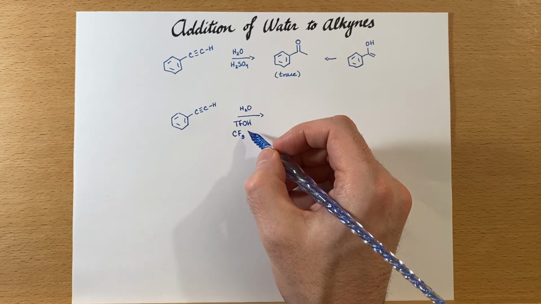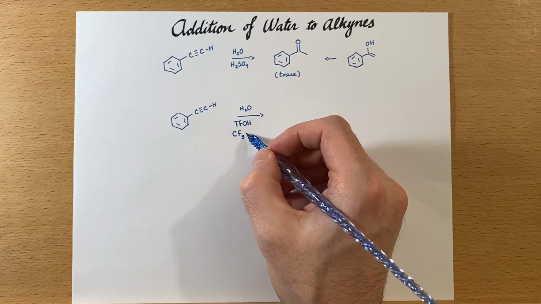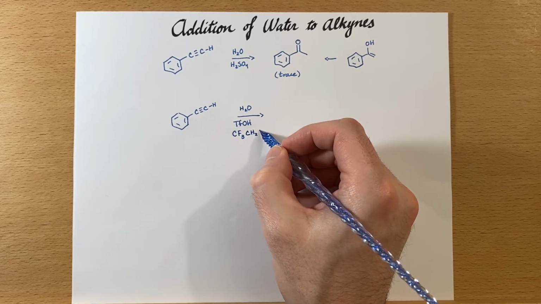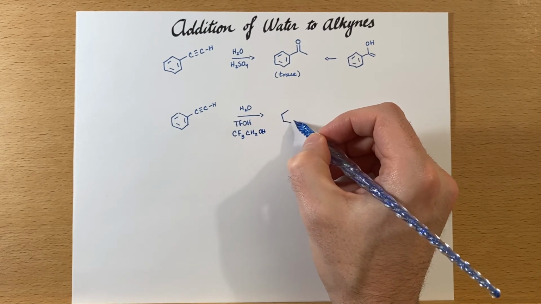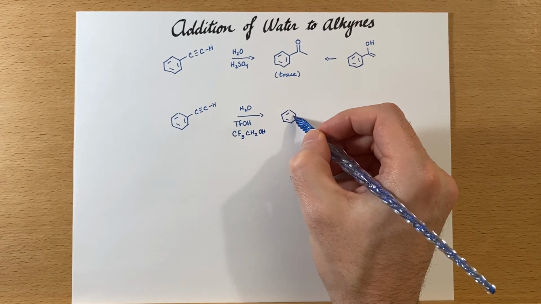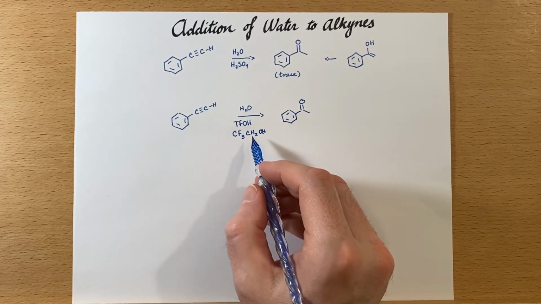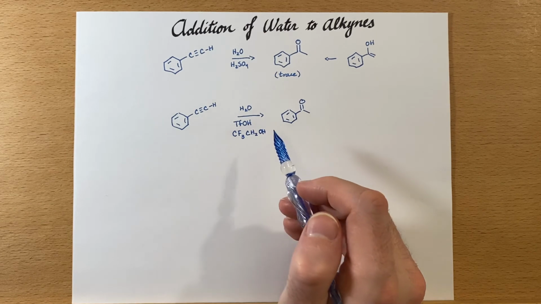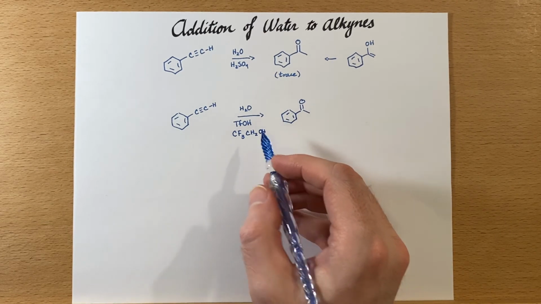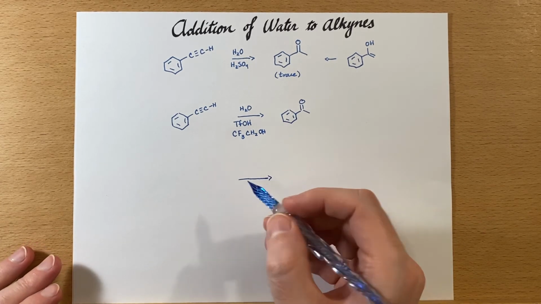Let's see here, 2,2,2-trifluoroethanol would be what this would be called. Then we can make a pretty good yield of the product, the ketone, just because this is a much stronger acid. Now, under these conditions, it still takes quite a while for this reaction to happen. So, even better conditions for this reaction happening quicker